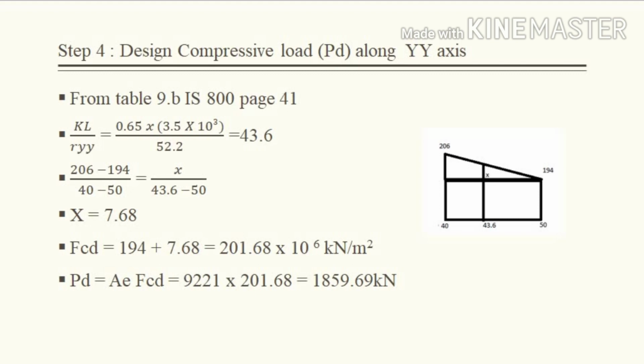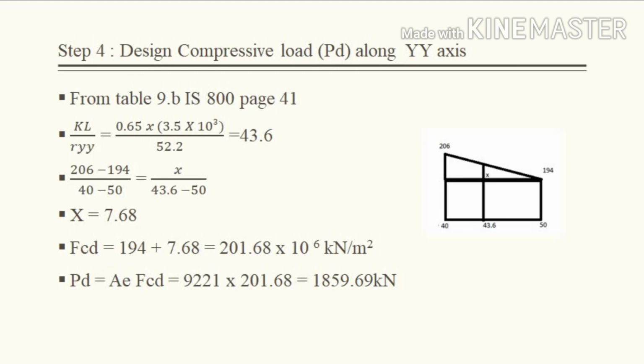So FCD is equal to 194 plus 7.68, that is equal to 201.68 into 10 raised to 6 kilonewton per meter square. Hence PD, the design compressive load, is equal to area into strength, that is equal to 9,221 into 201.68 is equal to